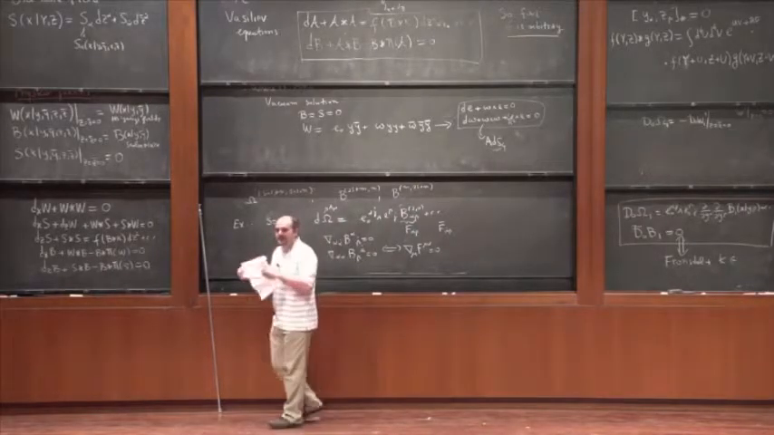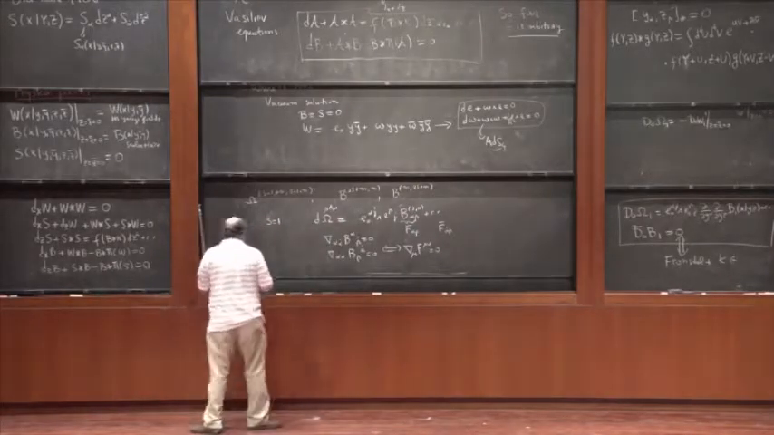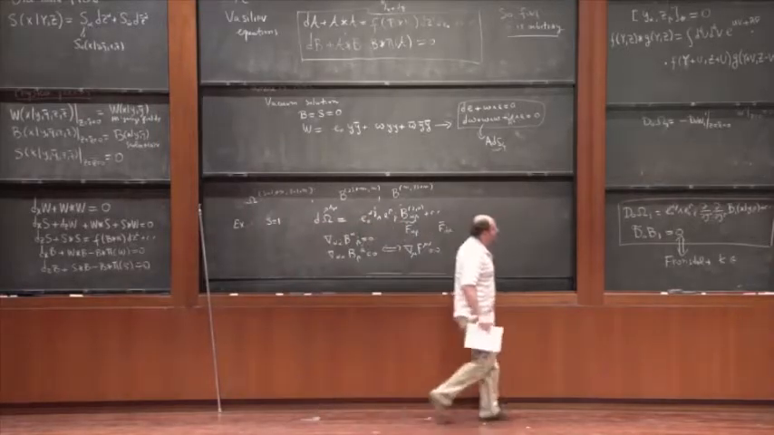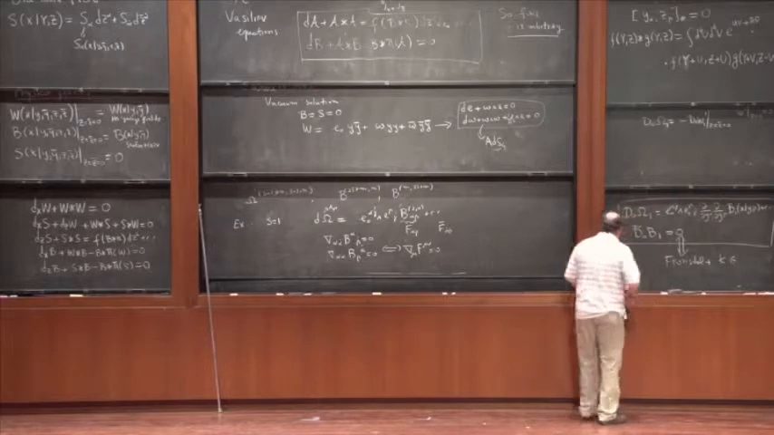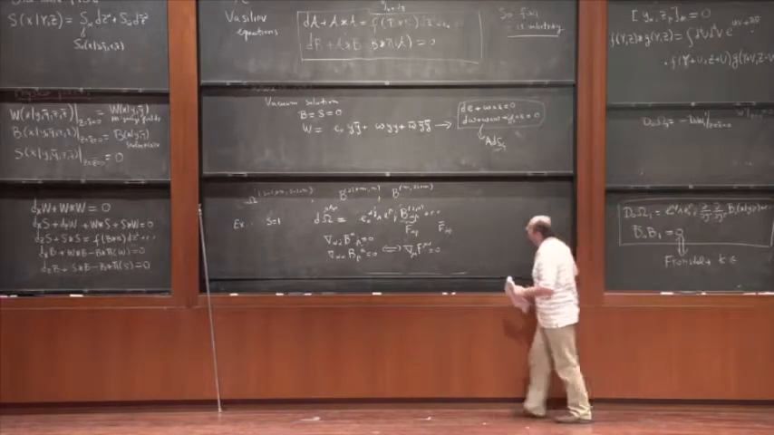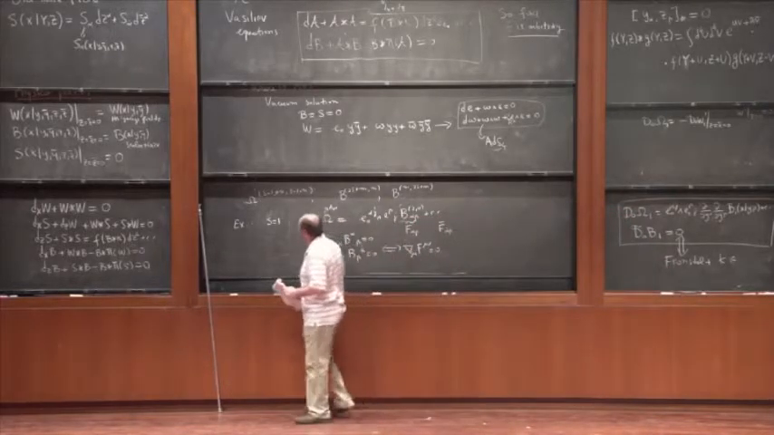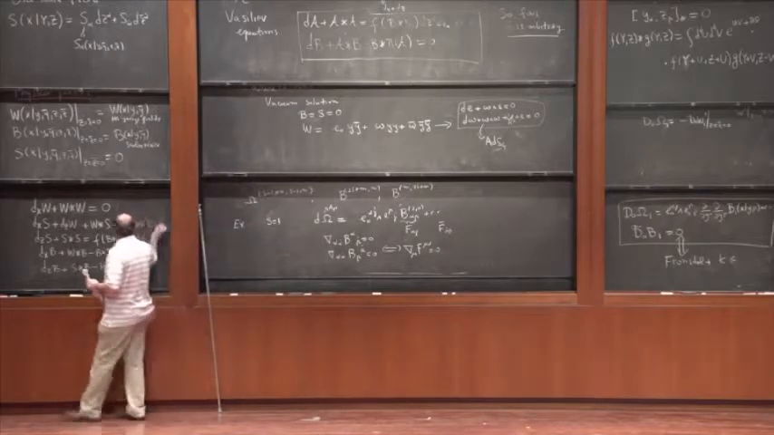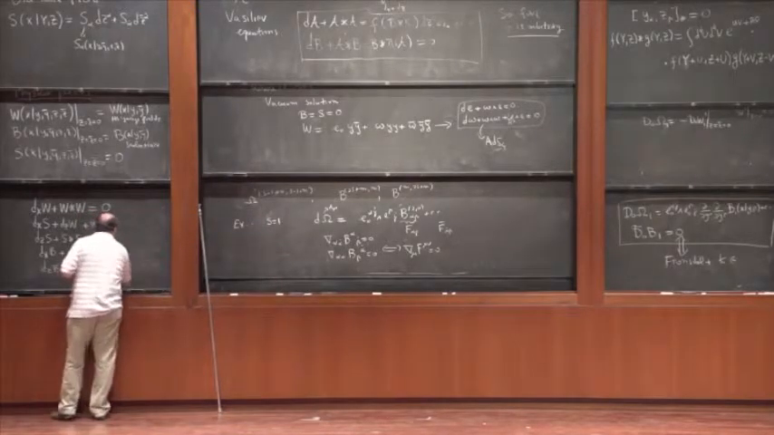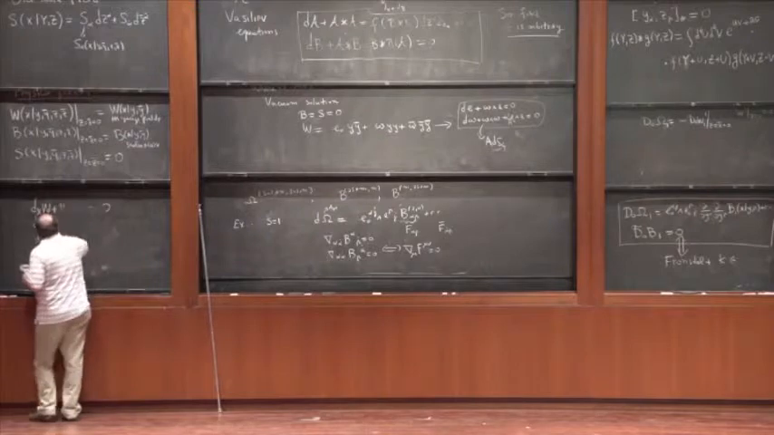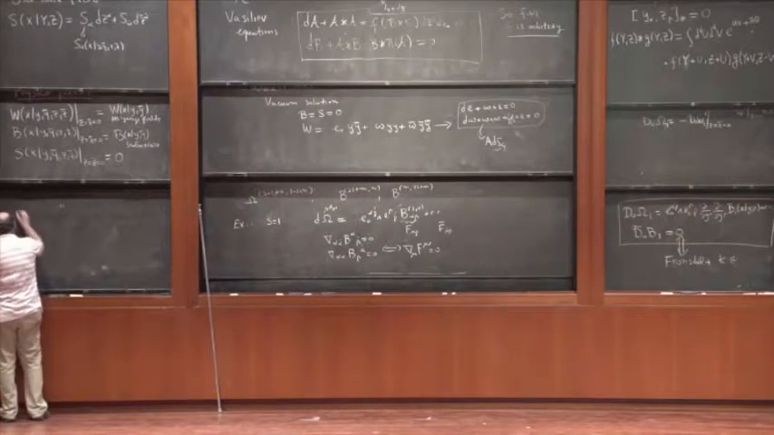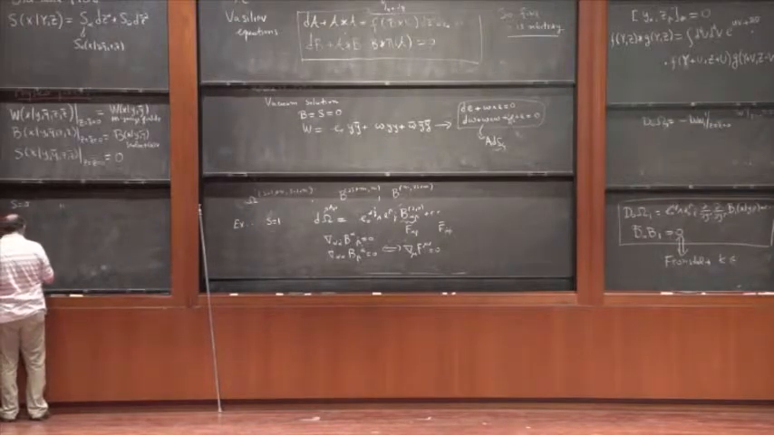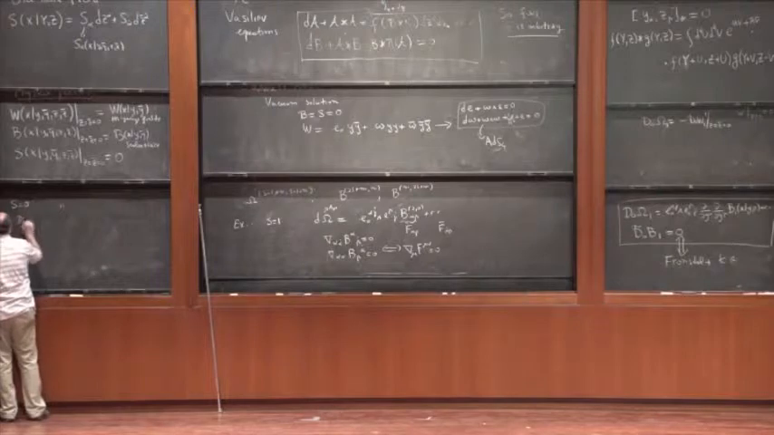Okay? And what about the spin 0? I didn't discuss the spin 0. Well, the spin 0 just comes from this equation alone. Okay? So that's somewhat the easiest case. Spin 0. This comes from here,